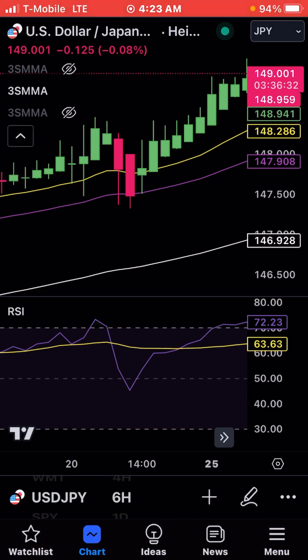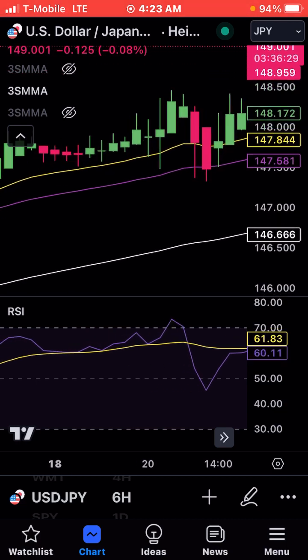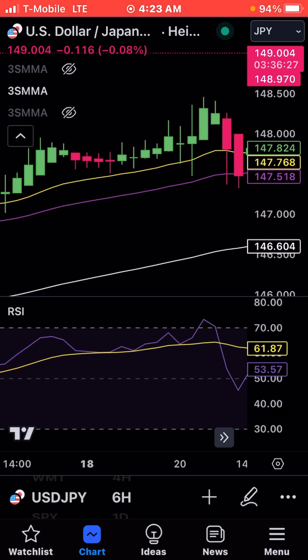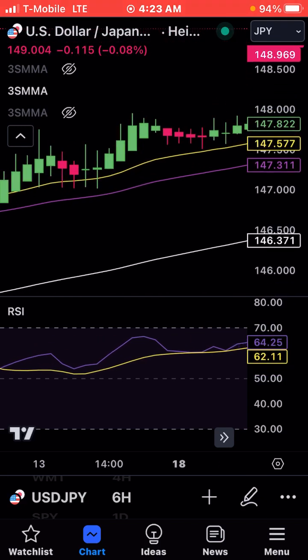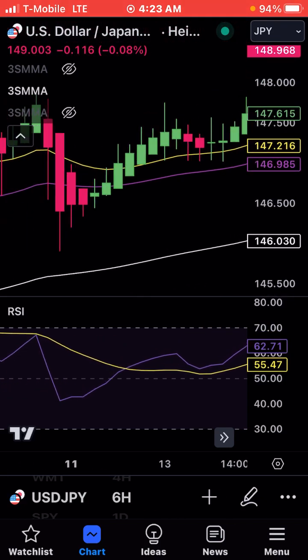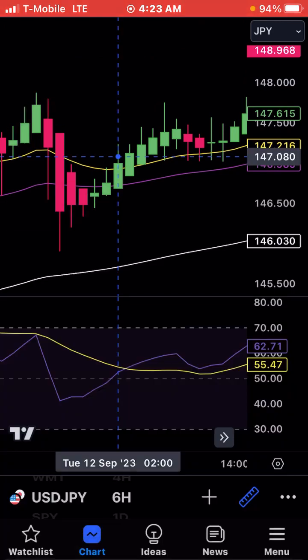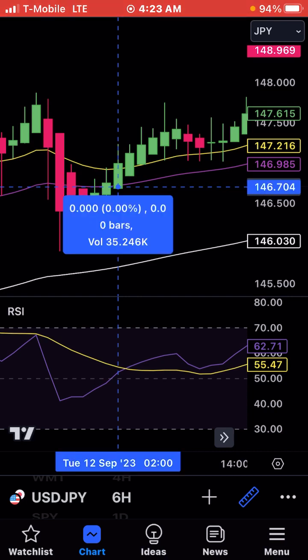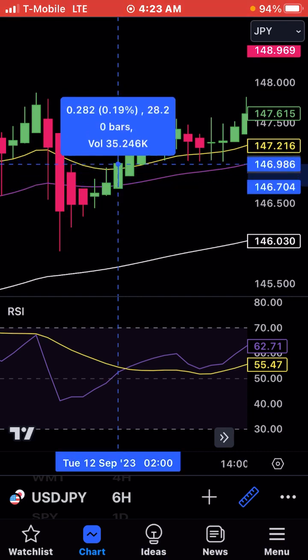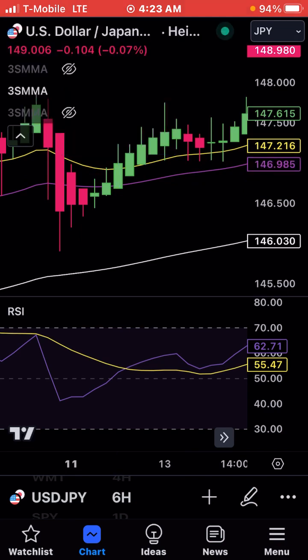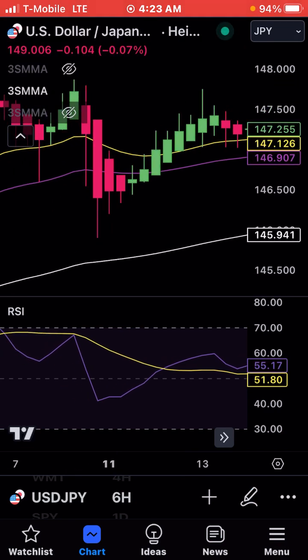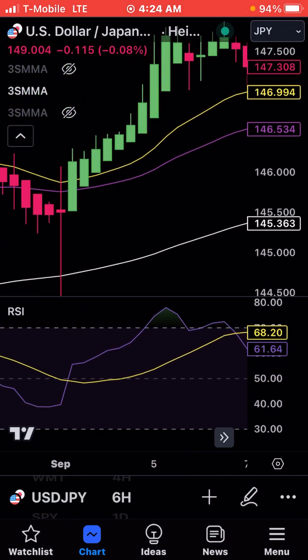I just wanted to use this strategy to show you how effective it is, and we're going to do this for Forex, and then I'm going to look at crypto, and I'm going to look at stocks. So we have to look for when the purple line crosses, and we have to identify the overall trend first, and that happens right here. So you ride this one out. This gives you 282 pips if you rode that one candle, and then you ride